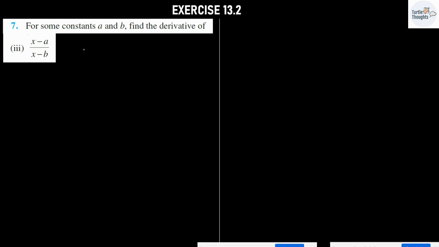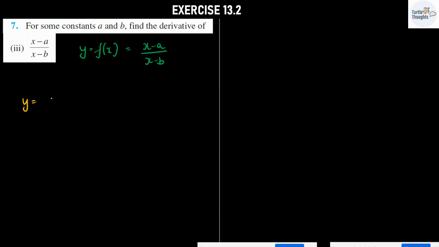Let me consider the given problem to be y, or f of x, equal to (x minus a) divided by (x minus b). I observe that in this function we have a numerator and a denominator, meaning the function is given in the form of a fraction. So I can write